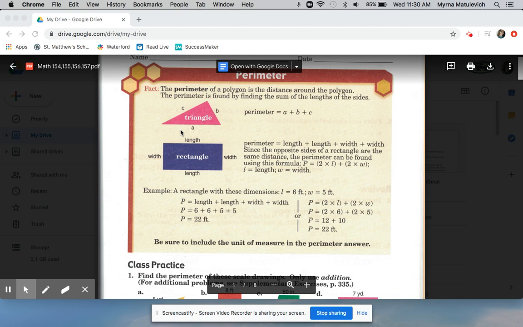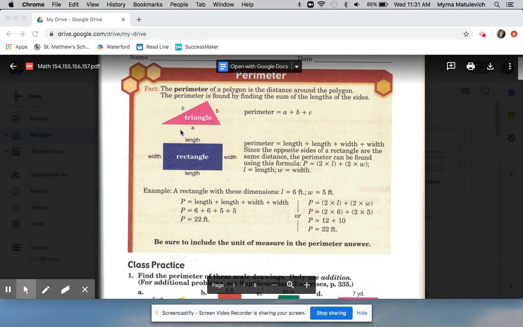Lesson 154, Perimeter. Perimeter measures the length around a polygon. To find the perimeter, we measure the length of all the sides and add the lengths together. Since opposite sides of a rectangle are congruent, meaning same size, we can multiply length and width by 2 to find the perimeter. The formula for the perimeter of a rectangle is perimeter equals 2 times the length plus 2